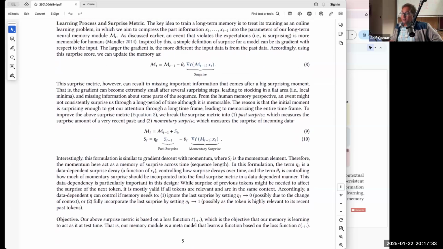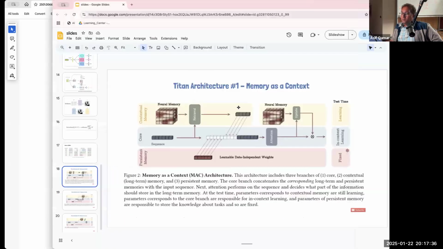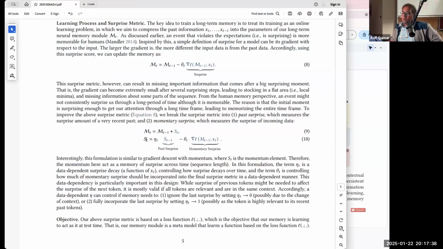So that's the equation. Though they didn't mention it in the diagram, because of course you cannot say it in the diagram, that's what the equation is about. How this is actually coded is a different thing. First of all, this paper is just a research paper. It's probably not in any of Google's products. We can assume that in the future, if it's a successful idea, many products might have that. And I think I saw somewhere in the announcement that they'll share more about this paper, perhaps some samples and examples.